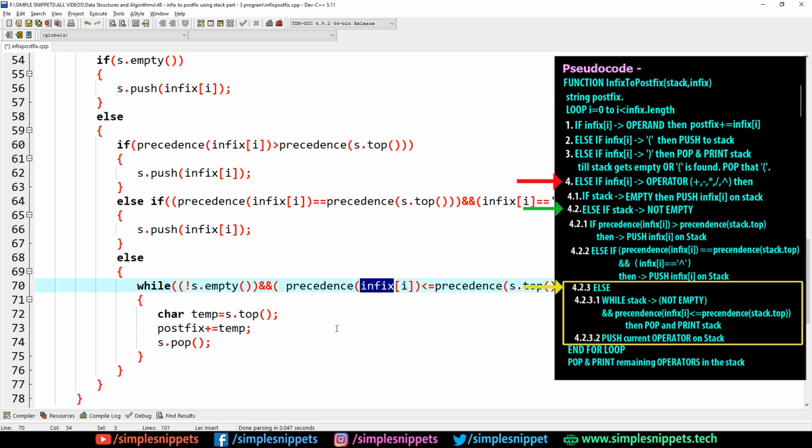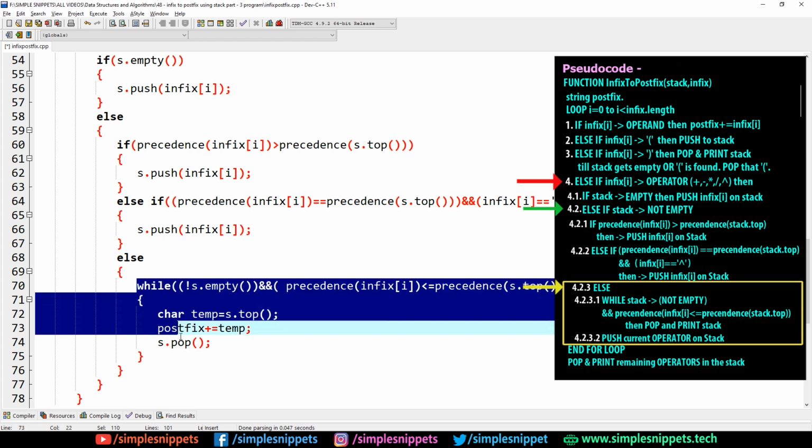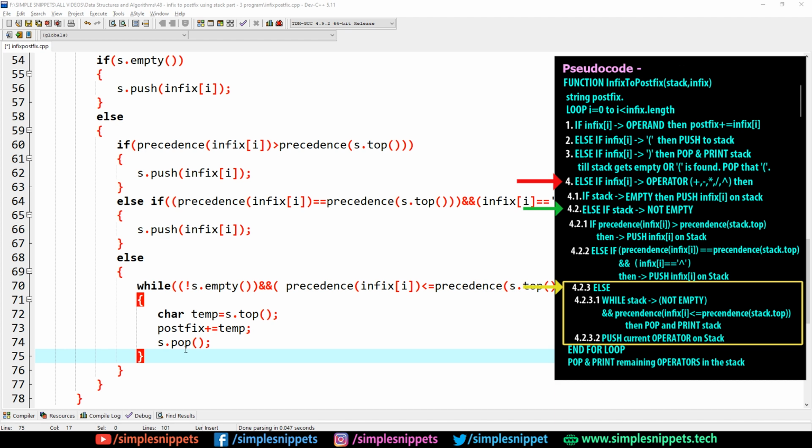So I hope you are understanding this. We've discussed this in detail in the previous tutorial when we dry ran that pseudocode. So if you are still confused, definitely check that video out. But otherwise this is pretty basic. And this is basically 4.2.3.1 from the pseudocode, the while loop. And then lastly we have